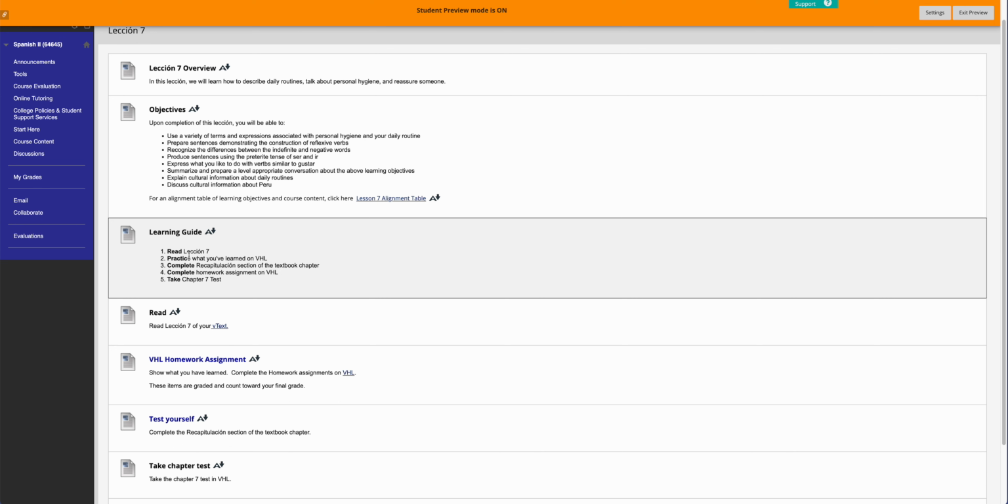The practice, I also don't count because I don't feel like I should penalize you for getting things wrong. The practice is your opportunity to get things wrong and then ask me questions, and I'll help you. The recapitulación, you can do that, okay? The homework counts for your grade. It's 20%, okay? All of the homeworks together, 6, 7, 8, 9, 10. And yeah, if you do 75% or more, I'll give you another 5% on that.